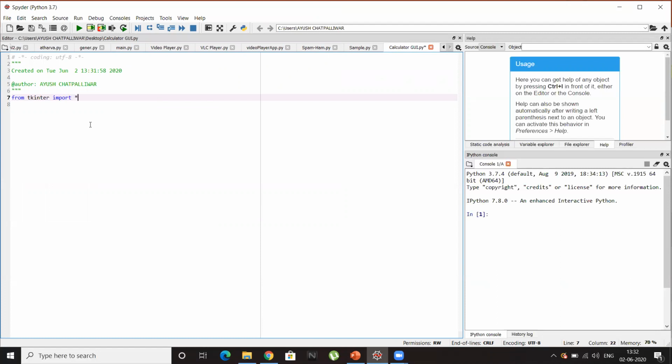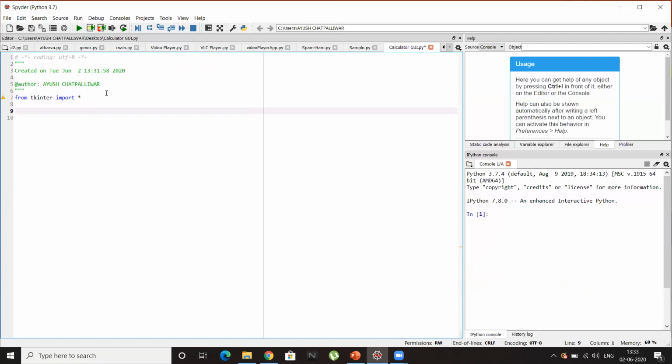So we have successfully imported the tkinter module. Just one line is enough. Now we'll make a window, an object of the tkinter module, so that we can use the window. We'll name the object win, short for window. Win equals Tk. Sorry, yes, that's it. This will create our window.